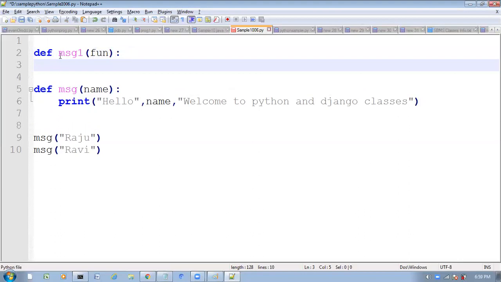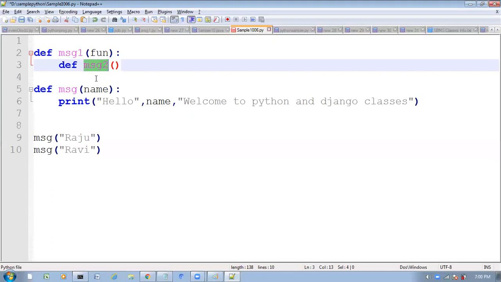finally, the decorator function will return a function only, with the modified functionality. For that, I am going to take one more function here, message2. So this message1 function will return the message2 function with the modified functionality.